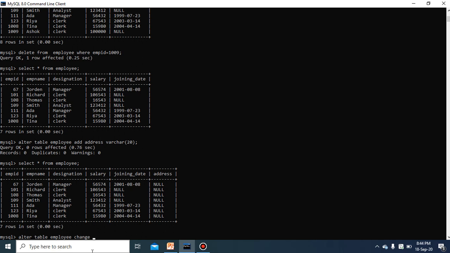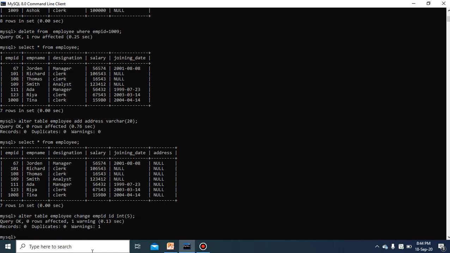So the old column name is EMPID, and now you want to change it to the new column name ID, and after that you have to specify its size. EMPID was integer 5.